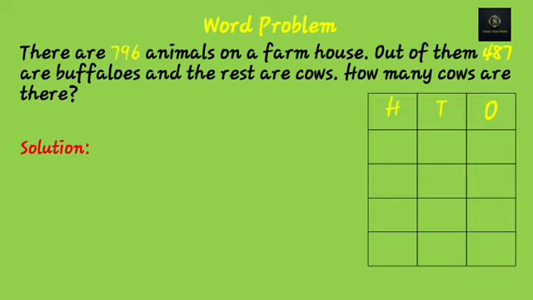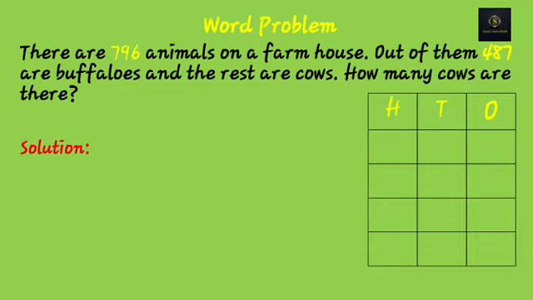Now children, we need to write the statements with the numbers. But how to write the statements? That we have already learnt in our addition word problem video. The easy way to write the statement is go to the numbers and frame sentences from the question. Children, we already learned that we always write greater number above and smaller number below. So, which is the greater number in the question? 796 or 487? Yes, 796 is greater.